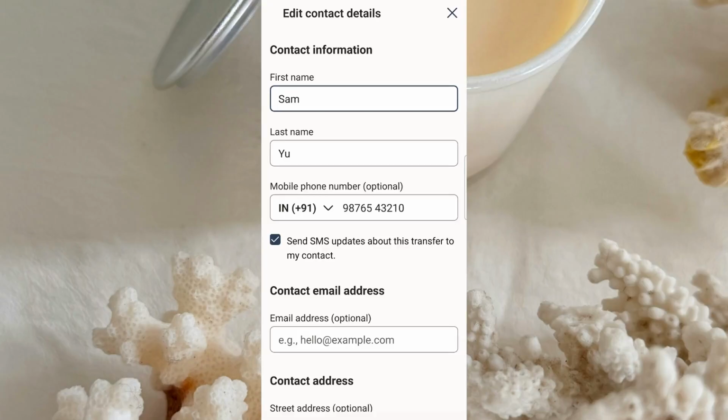Open your Remitly account, go to Contacts, select the recipient, click Edit, and check the account number in their saved details. It's a quick and useful way to verify recipient information before sending money.